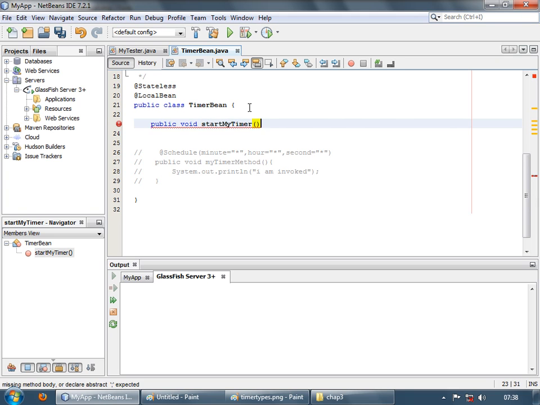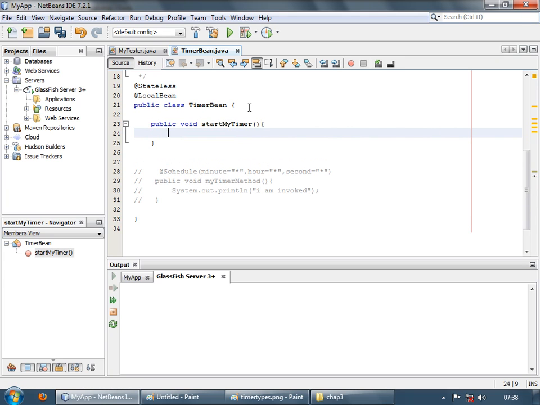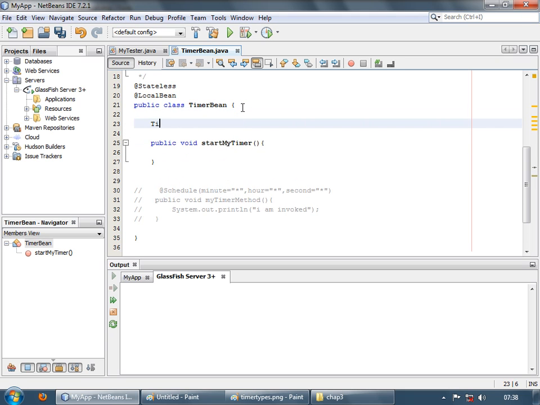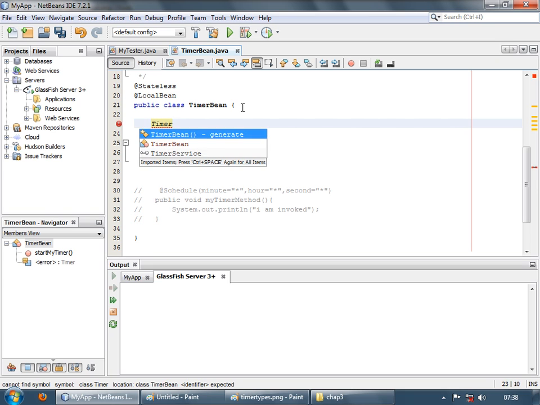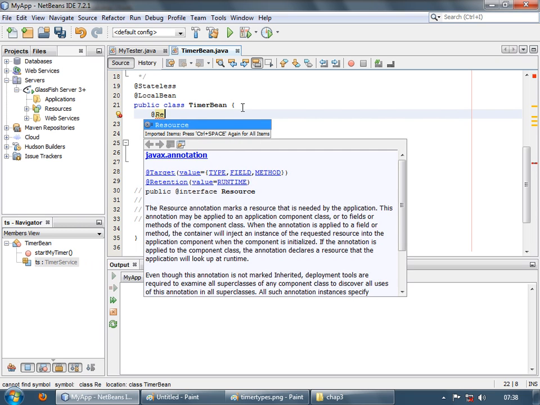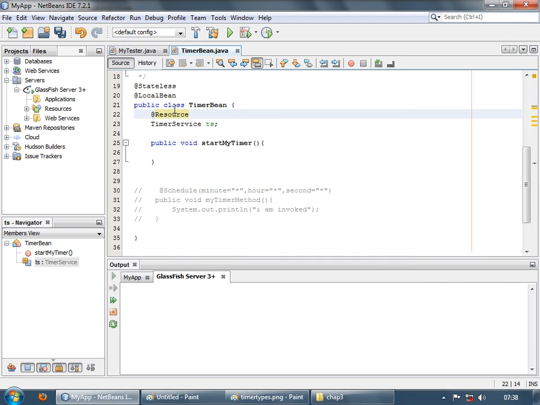Okay, and in this method we are going to create a timer, right? So before creating a timer, we have to use an interface named timer service, and this interface is available as a resource for us. So use resource as the annotation for injecting the timer service in your class, and then